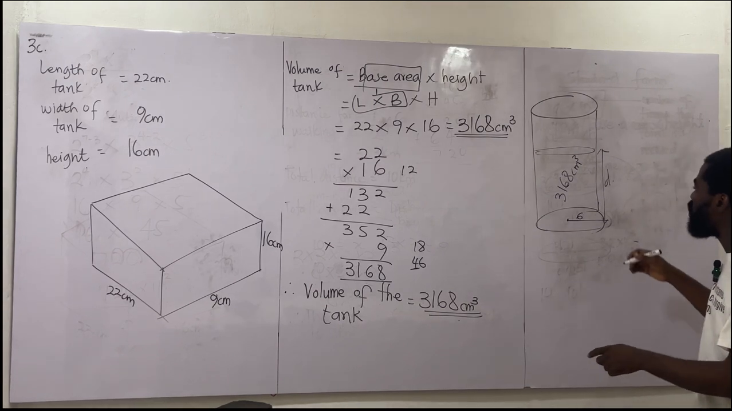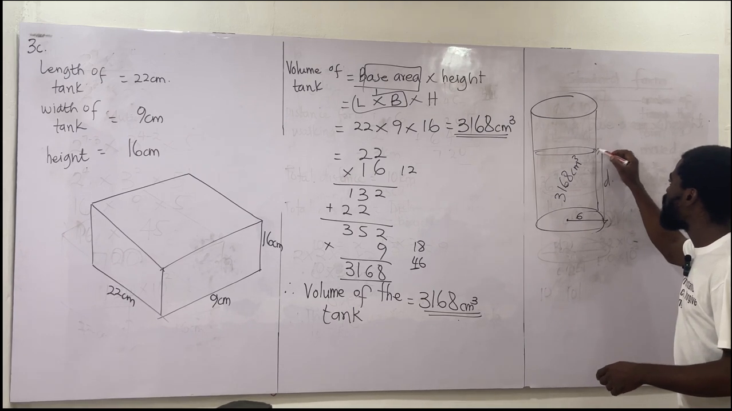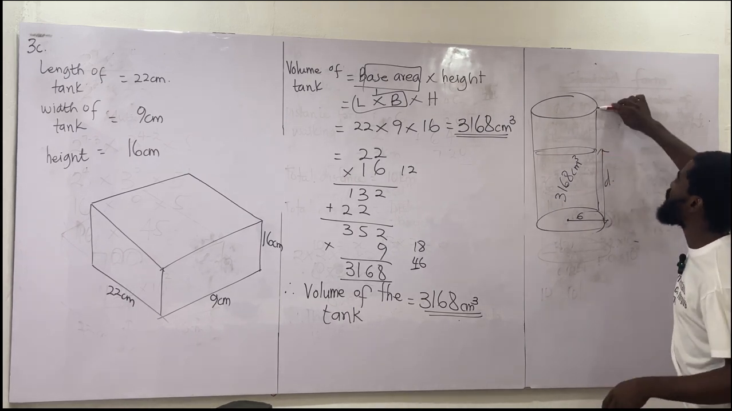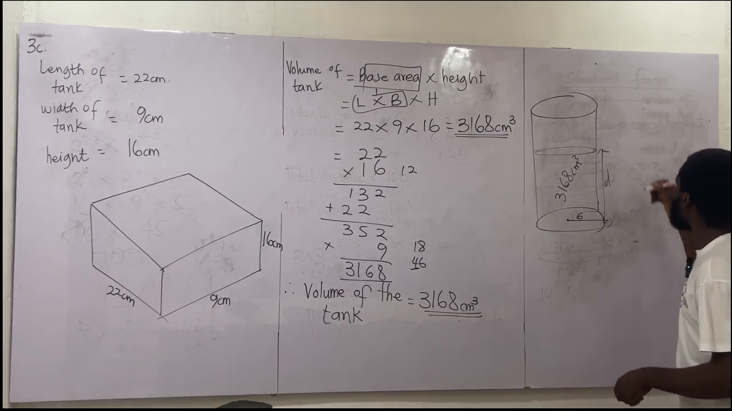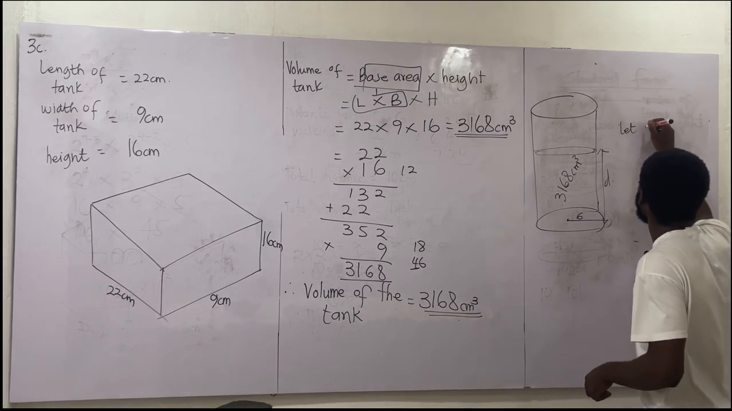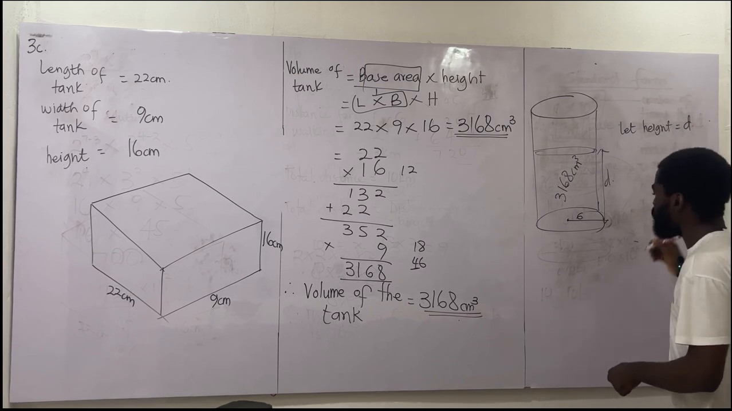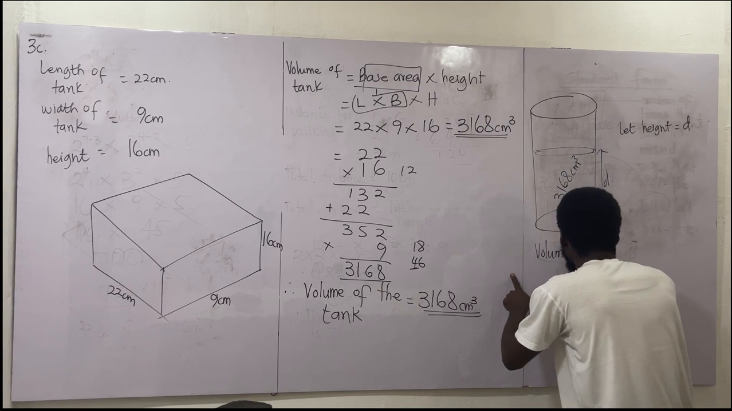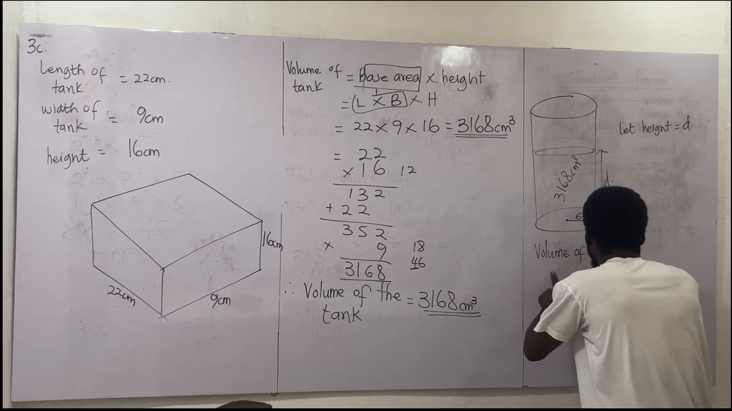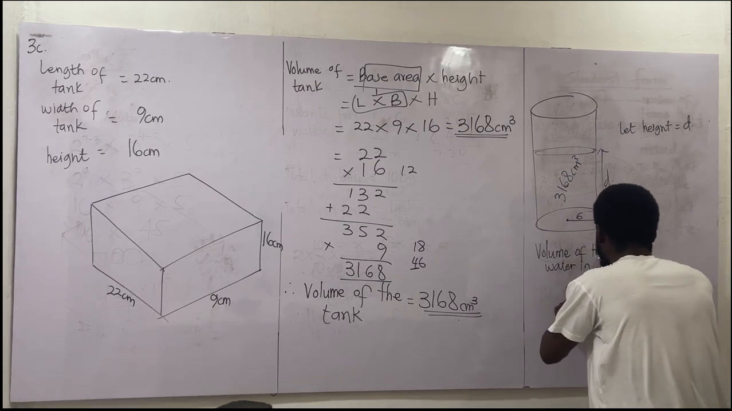And I said to find the volume of something is the base area times the what? The height. But here I'm looking at the volume of the water. We don't want the volume of the cylinder, but we want the volume of water. So let's call this D our height. Let the height be equal to D. So therefore, the volume of the water in the cylinder